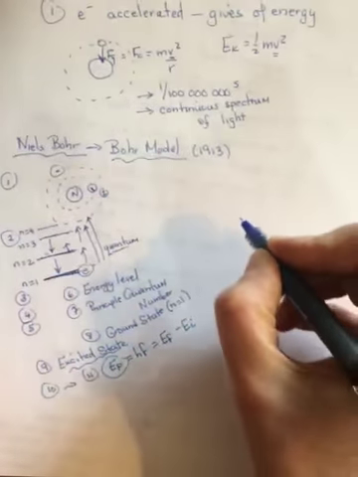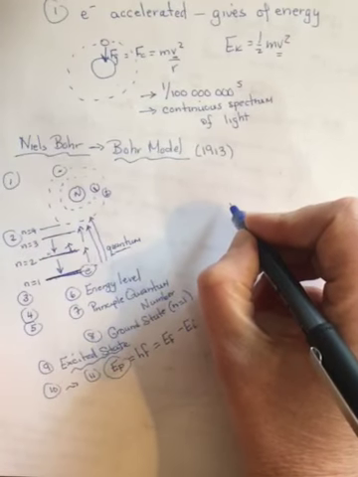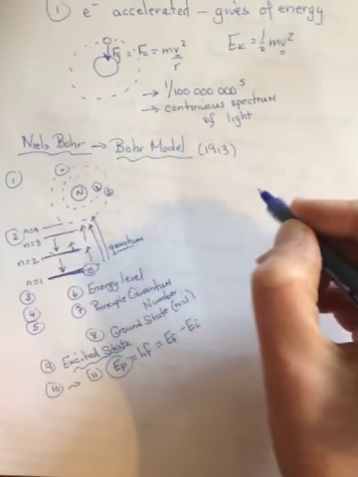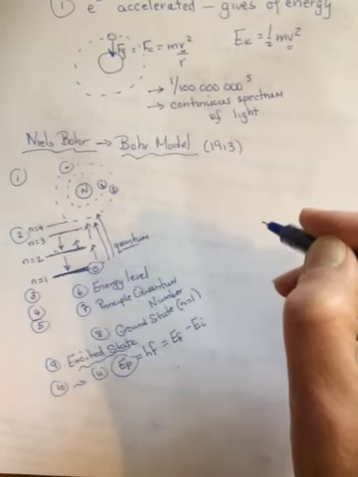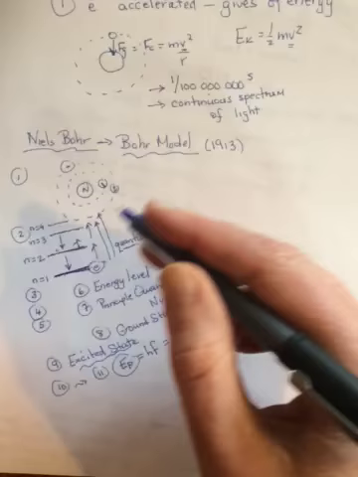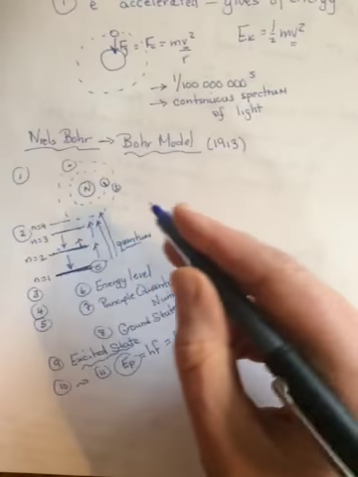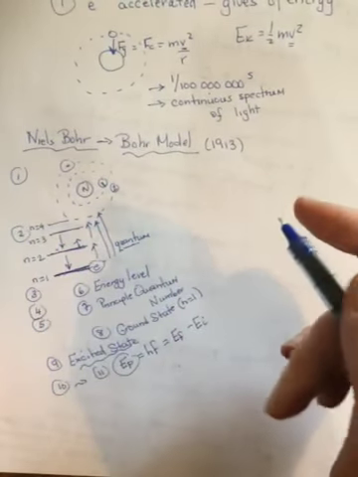Okay, so when we left off in the last video, we were doing Bohr's model of the atom. And he was basing it on Rutherford, and he was basing it on the hydrogen atom. So we had gone through 10 or 11 of his assumptions or postulates,